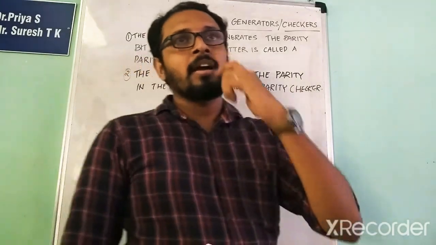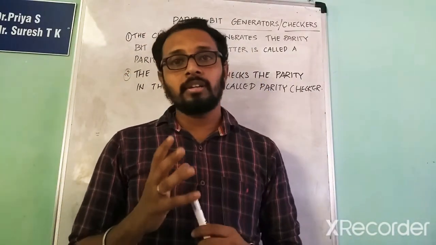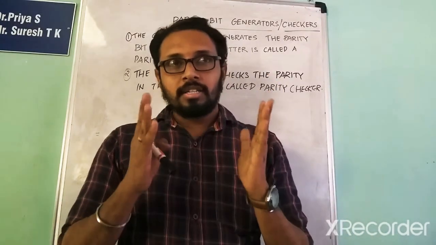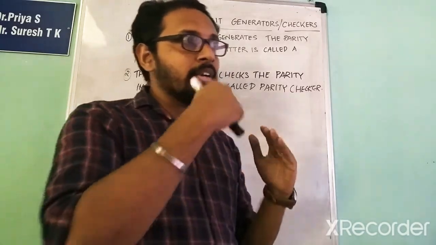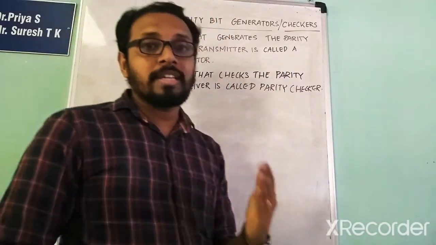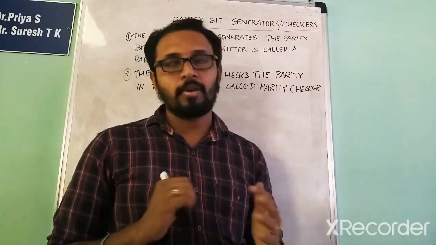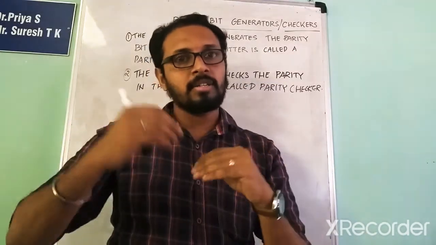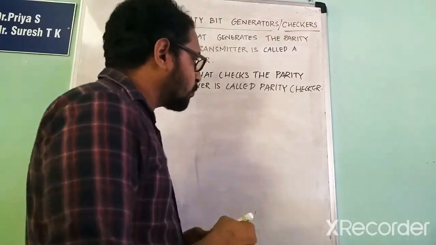The theory behind this is that when binary data is sent, it is susceptible to noise. When the binary data is transmitted, ones can be converted into zeros and zeros can be converted into ones. So it is susceptible to noise or any disturbance during transmission. In such cases, what we do is, for example,